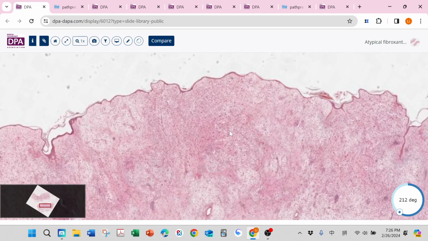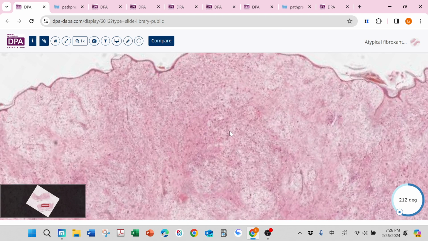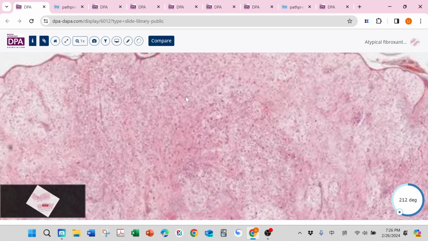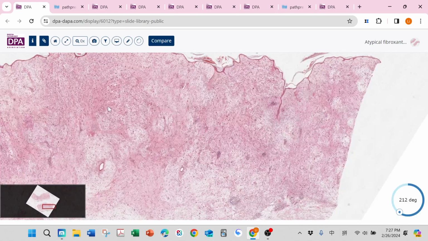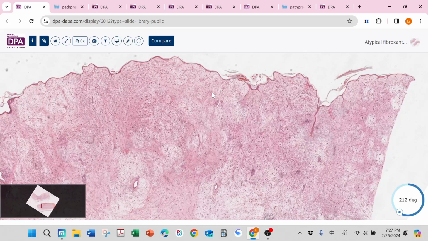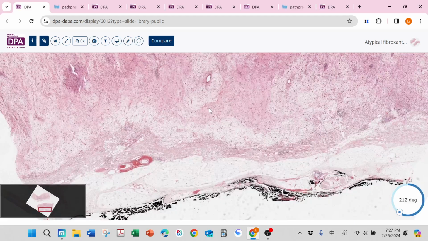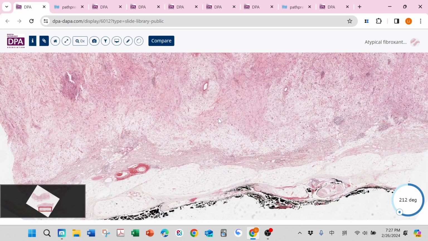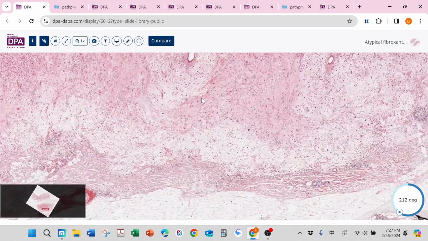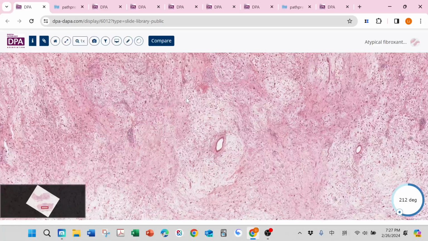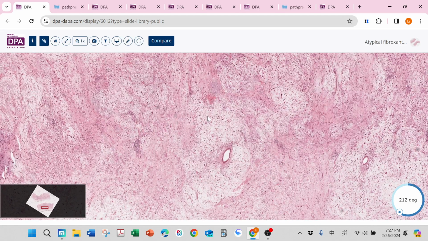Again, this is one more sample of atypical fibroxanthoma, in this big excisional sample. This lesion almost goes down to subcutaneous fat here. And then this one is a little bit different, because when you go to high power, it looks kind of